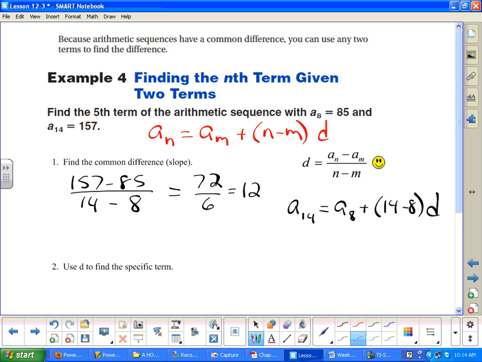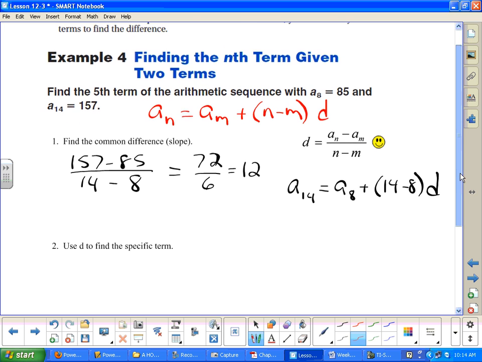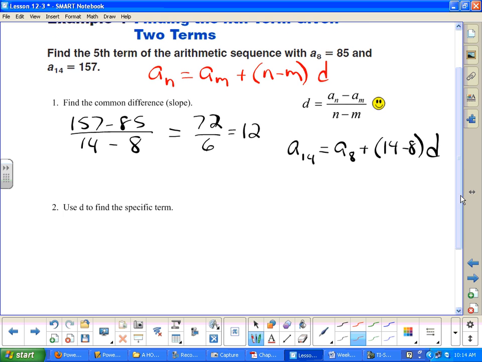Okay, that's basically what I'm doing. I have two different terms, and instead of it being term 1 here, it can be any term I want, as long as instead of it being a 1 here, it's whatever that term number is. Okay? So now, to find the 5th term, I could use the 14th term, or I could use the 8th term,